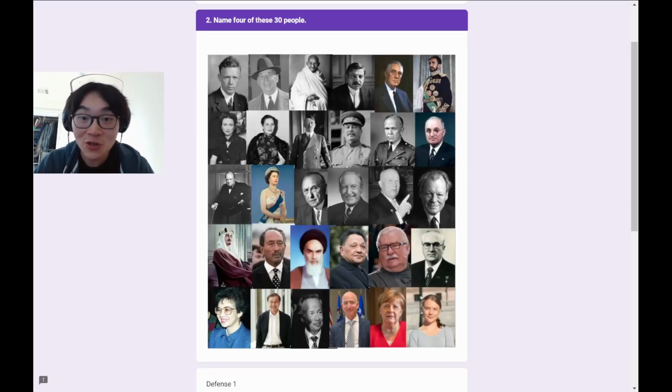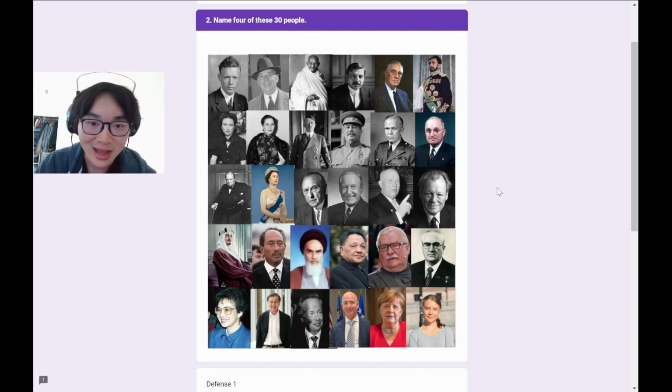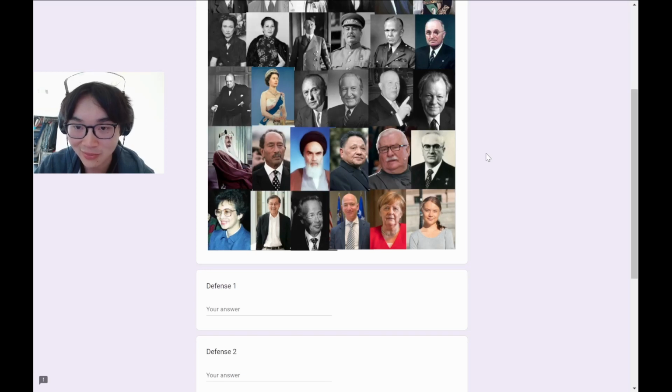All right, so for question 2, we're asked to name 4 of these 30 people. Now, I am terrible with faces. I'm so much better at remembering names and places than faces. I'm a little bit dismayed here that I'm having difficulty recognizing a lot of these people. So I will go with people that I recognize. I think the 2 least recognizable necessarily are Wilson and Eisenhower. At least those are the 2 that I don't recognize that I still maybe have any idea about.